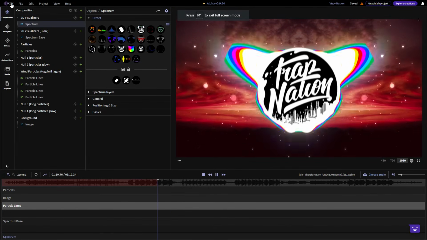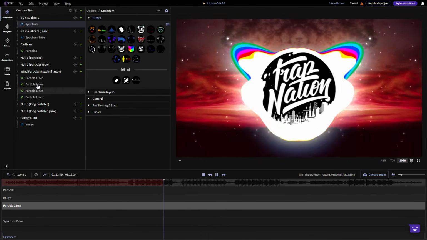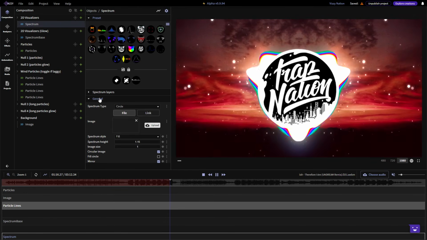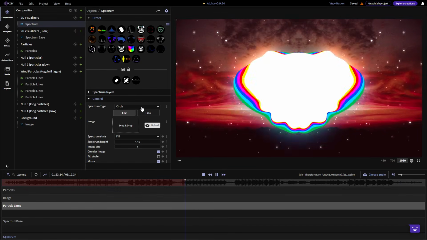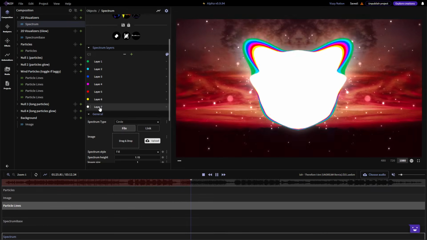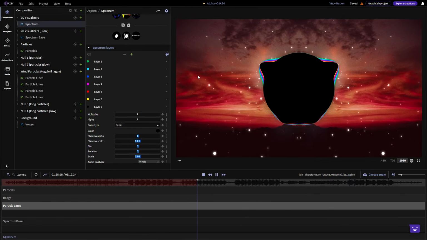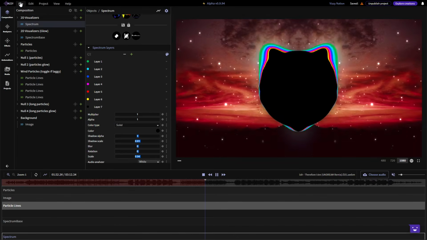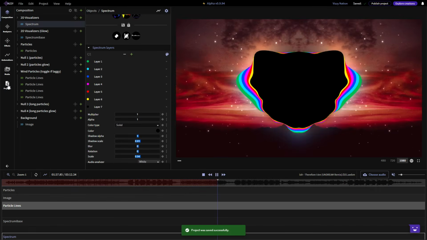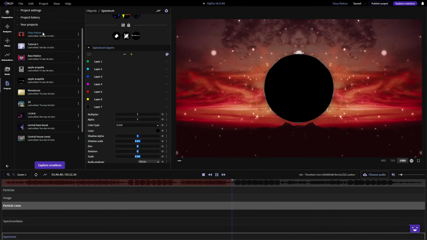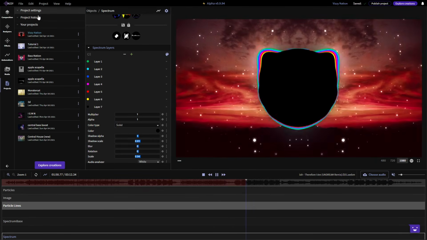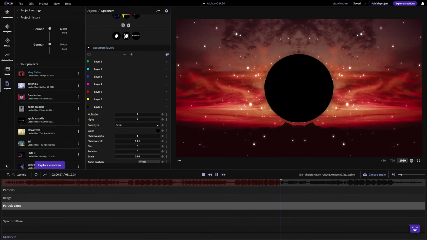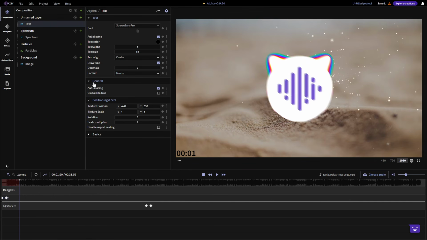And so if you like the project and you want to modify it for yourself, you can just change the logo here. You can use this button to upload your image. Let's clear it and maybe let's change the color right here. Let's just change it to black so it looks cool. And then if you like it, you can save it as new. That will save this project to your profile. It will just make a copy for you, and you can publish those forked projects, and you can see the project history here.